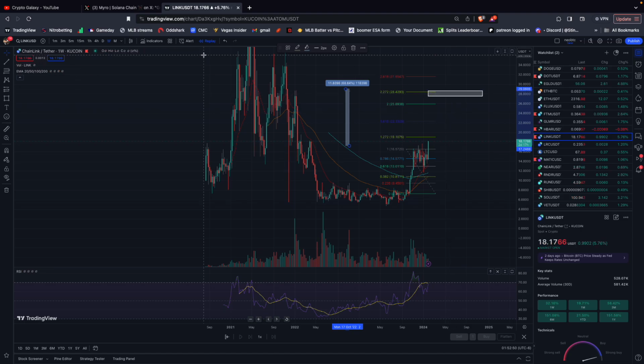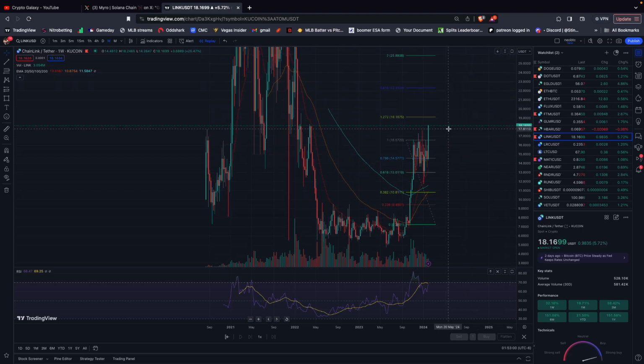It could go something like that. It's really hard to say. It's a day-by-day thing. But right now, all we do know is we've broken out of the range we were in, and now we're testing the top of the